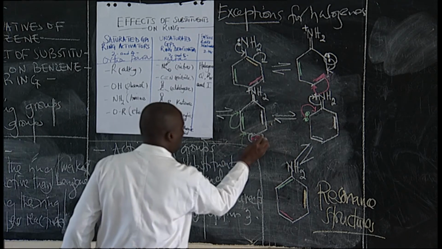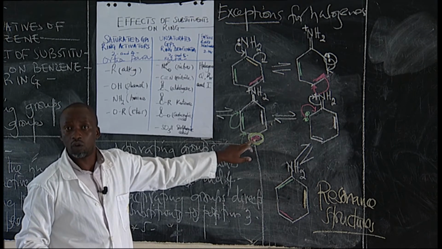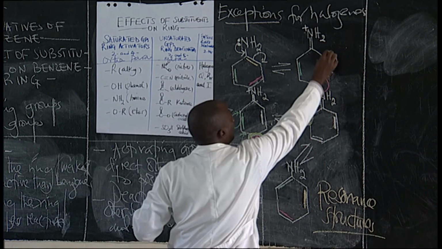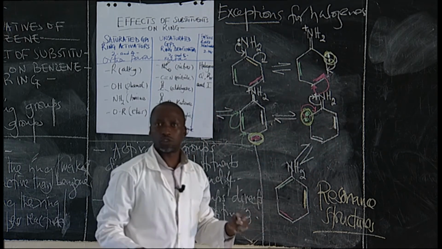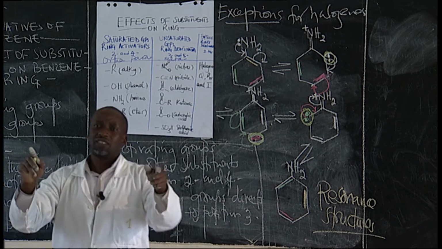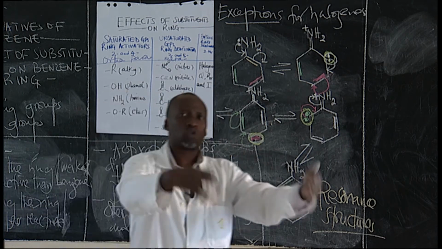Look at this. Double bond. Which position is this? This is position number 4. Look at this. This position here and this position are similar. This one and this one are the same positions. Position number 2. So what we mean by ring activators is increasing the electron density